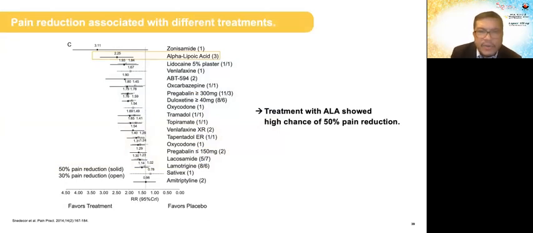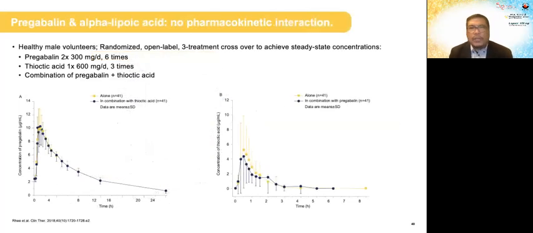So as you can see, it's represented by the second item in this forest plot. Treatment with alpha lipoic acid showed high chance of more than 50% pain reduction. What is also important, because I've mentioned earlier in the proposed algorithm for the treatment of diabetic neuropathy, is that we can combine treatment. And this is a very nice pharmacokinetic study looking at combination of pregabalin and alpha lipoic acid